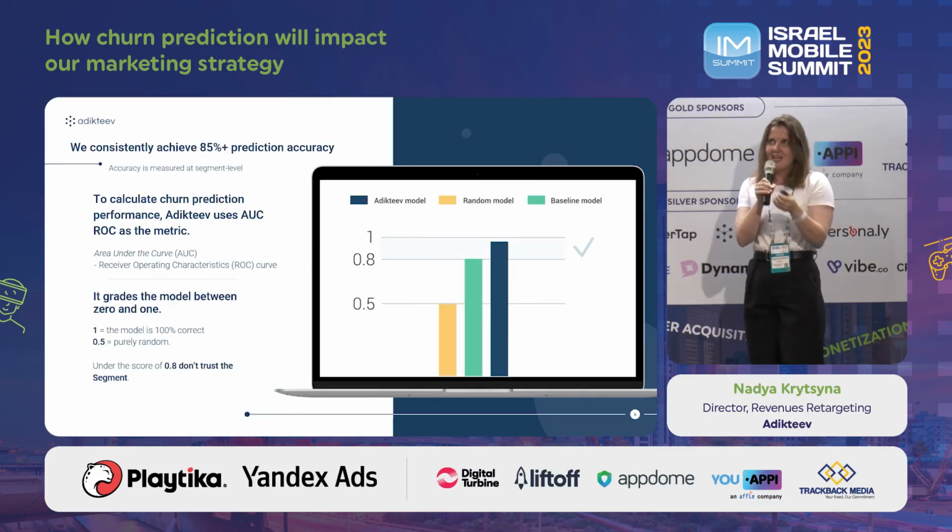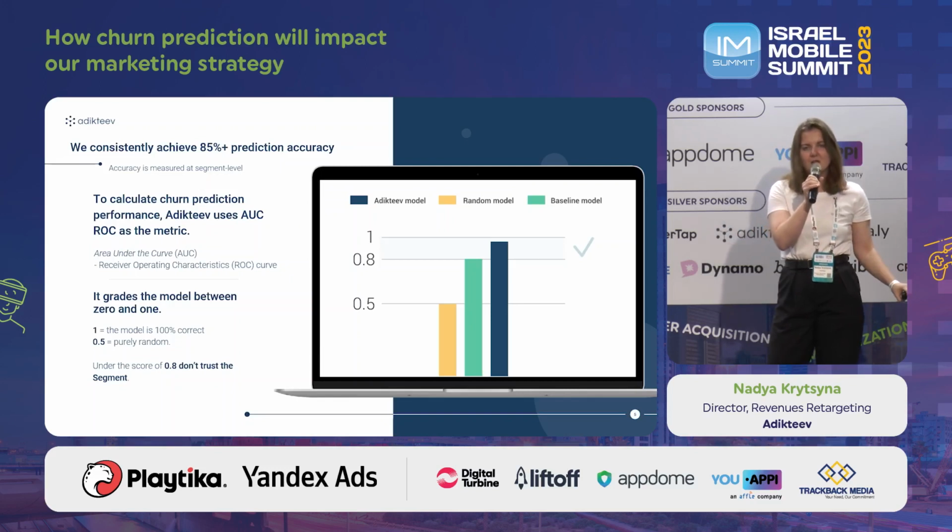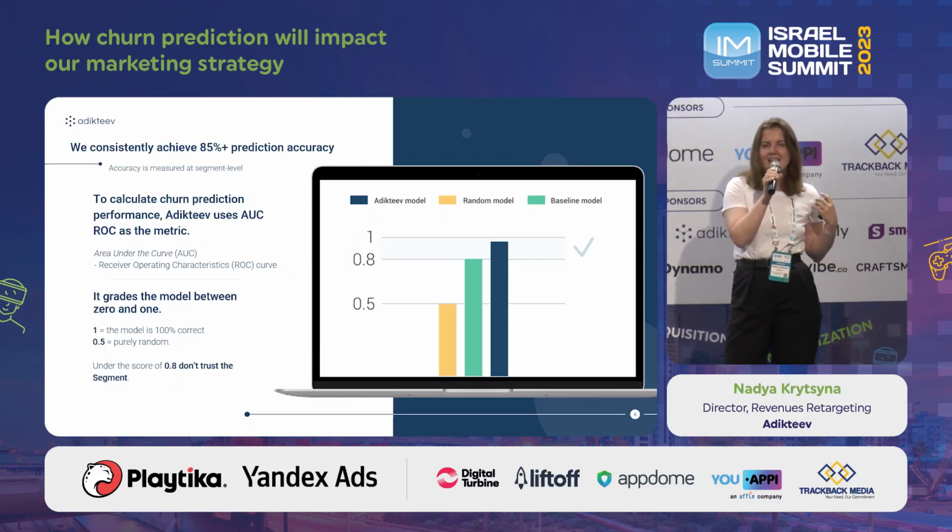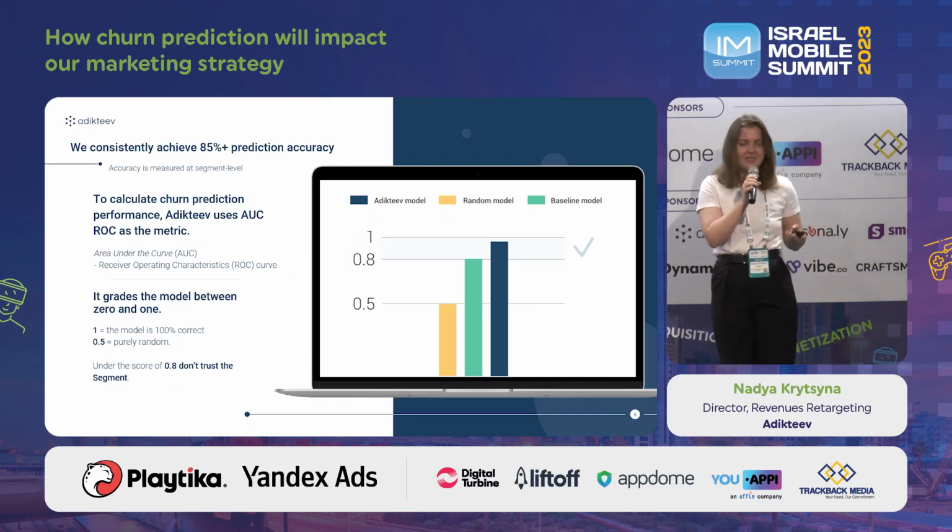A little bit of how we are working on it. As you know, machine learning and artificial intelligence are really focused on juicing as much data as possible into the algorithm to provide the outcome. So we take a lot of raw data to analyze user behavioral patterns like frequency of their activity, last session, session length, purchasing behavior. Combine that with monetary signals that are coming from those specific users, and then we compare it against the historical data, the already known. And this allows us to build different user segments with their likelihood to churn, and then you can take an action to make the most of it.